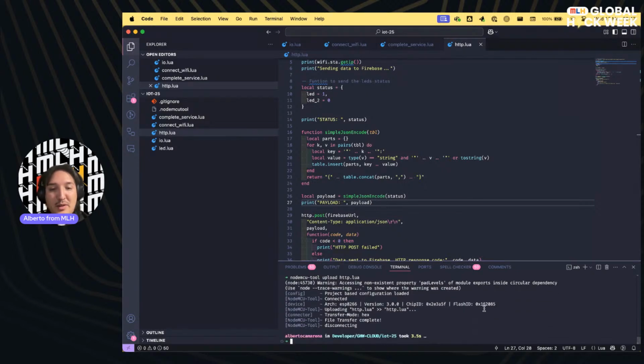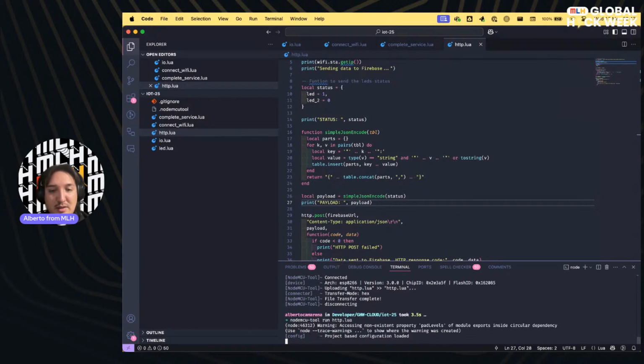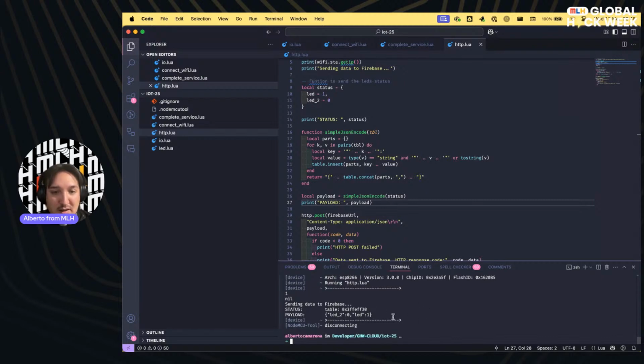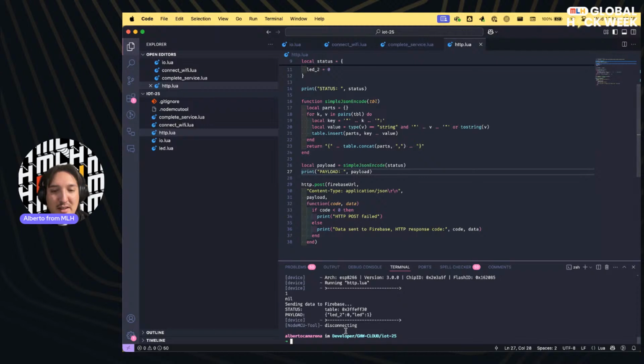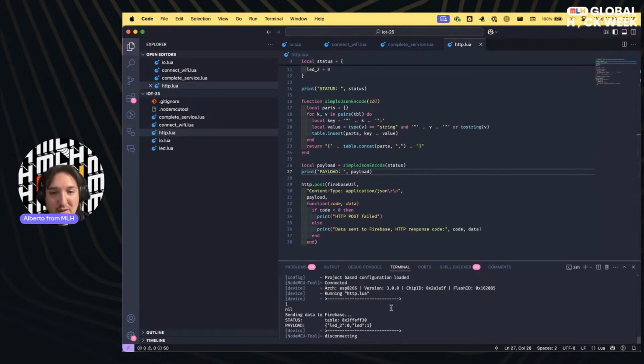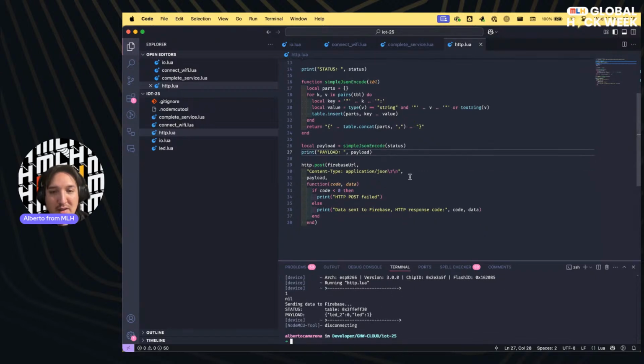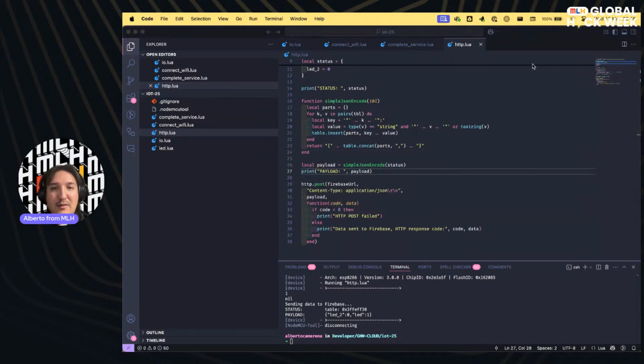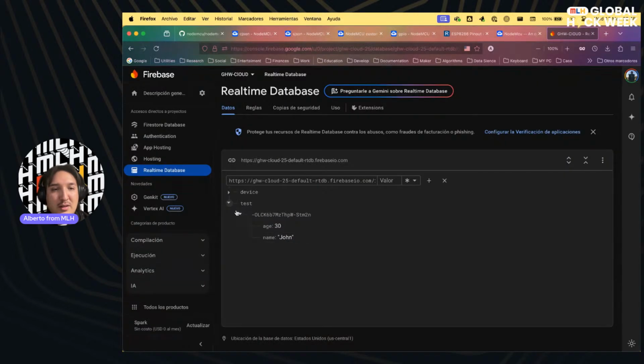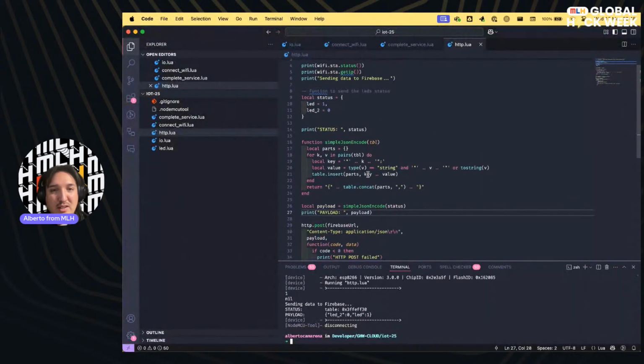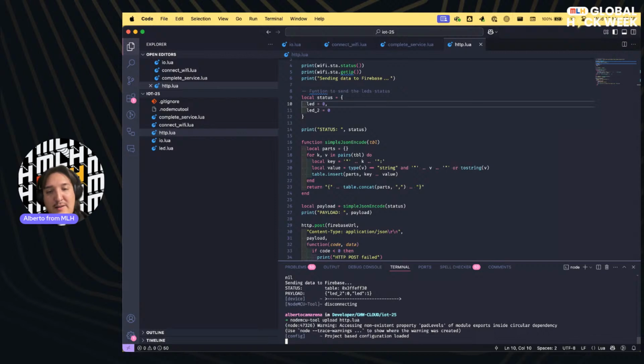Come on, we can do this. And let's run it to see if we have any problem. Nice, nice. We encoded it. Amazing. And no errors. So if we return here to the cloud, yeah, we have one device with LED 0. Amazing. 1 and 0. If I change this to both 0 and I run the program again, first I need to upload it, of course,